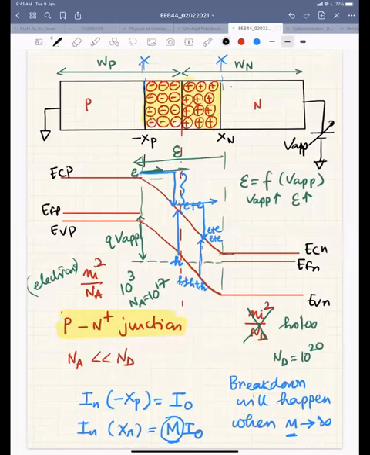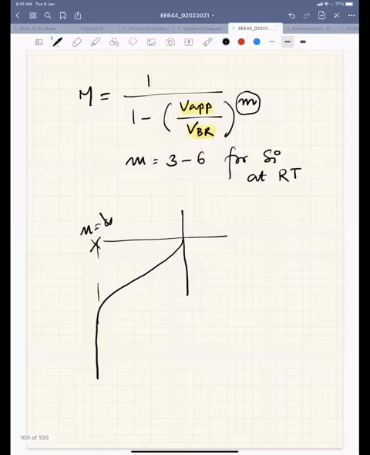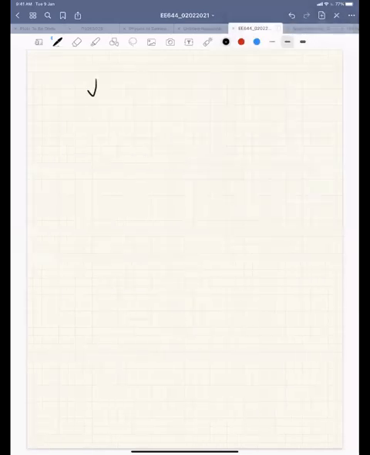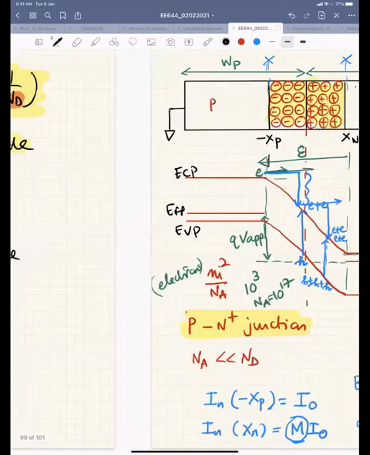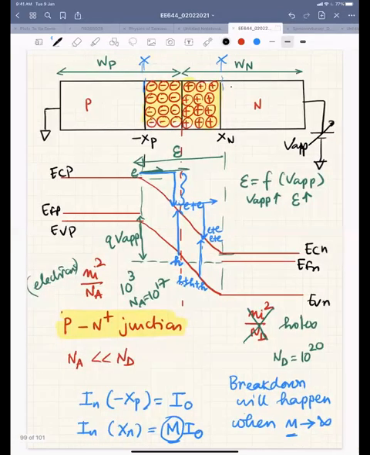So your J is equal to Jn plus Jp, right. This is the electron current, and electrons will also go. Here the impact ionization process is started with the electron, right? But in case of a normal PN junction, the impact ionization process will be started by electron and hole